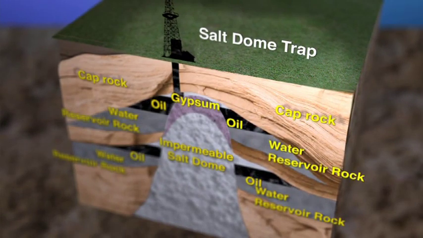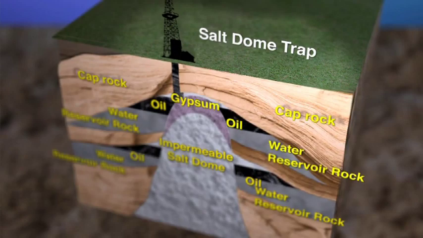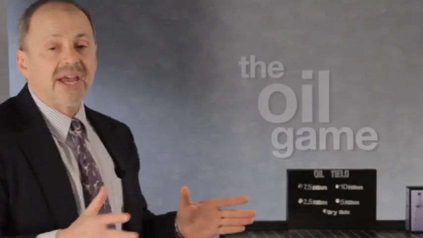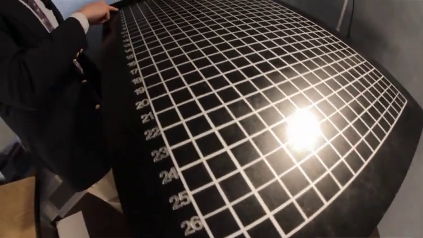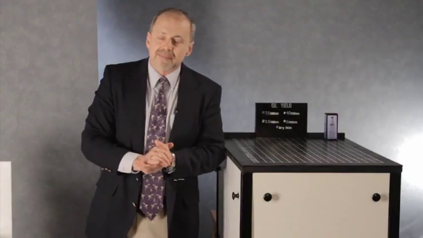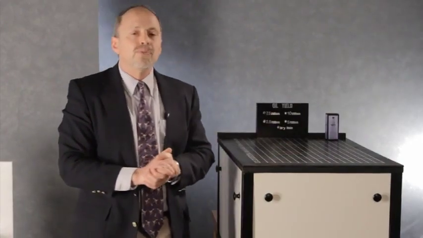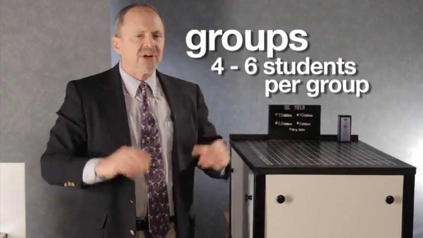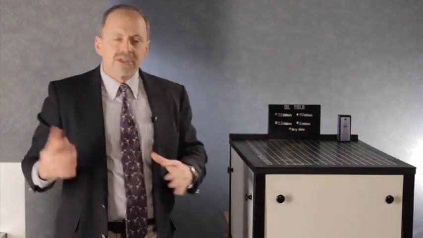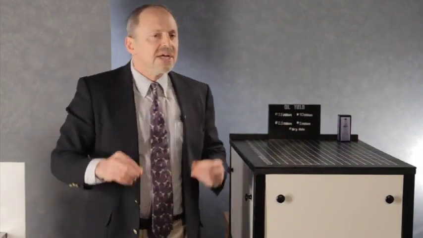So that is the background material then for this oil game, okay? And this is the oil game, okay? And you can see it's a box, and if you look at the box, it will have a grid on the top of the box. Now what we're going to do is we're going to divide up the class into groups of 4, 5, 6 students, and each one of you is going to become an oil company, okay? And we're going to see how well you learn this stuff,